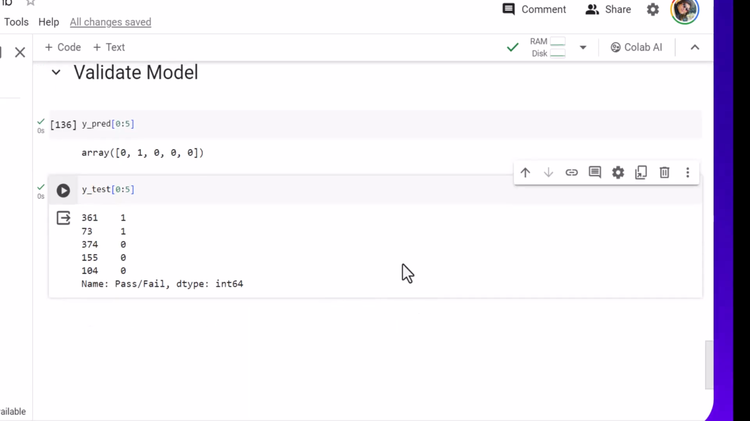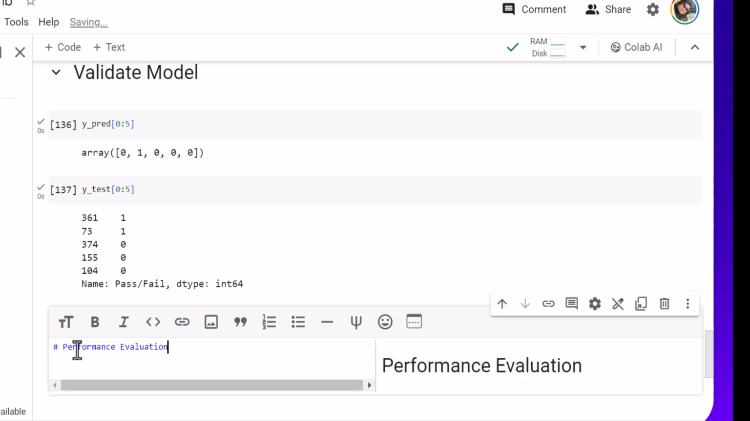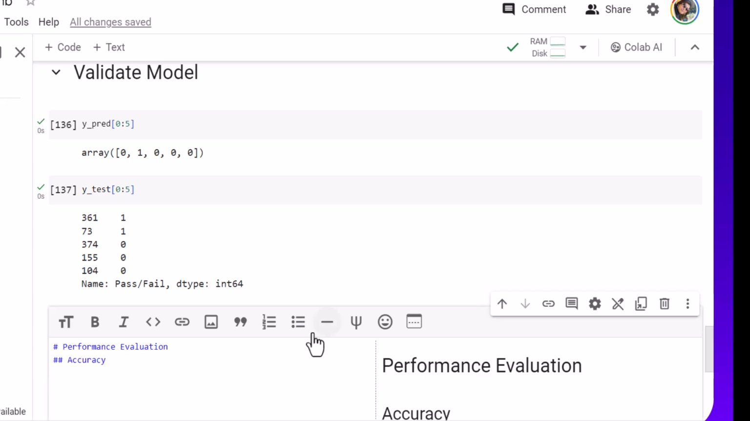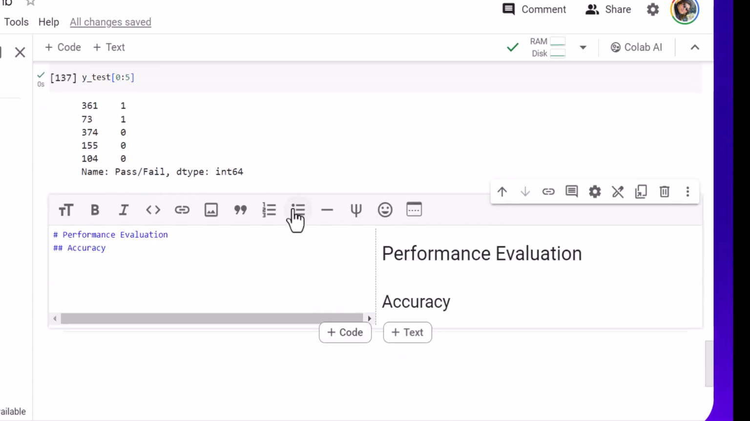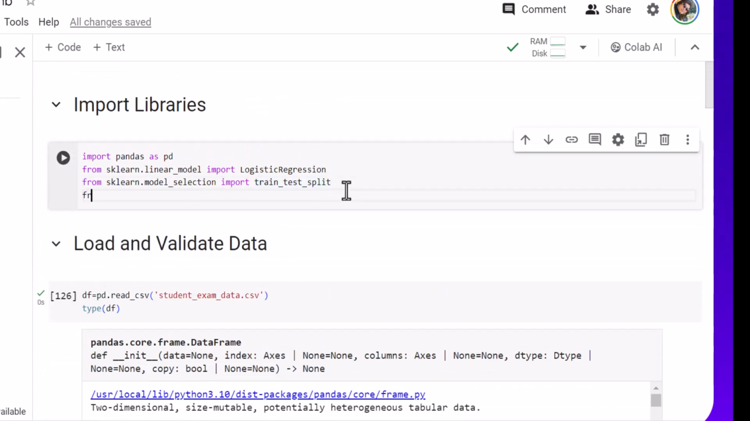Let's talk a little bit about performance metrics. So this is just a raw validation, but we can use different performance metrics for different kinds of problems. This is a binary classification problem, and we'll just pick one for now, and that is accuracy. To do this performance evaluation, we will again import one library, again from sklearn, metrics, import accuracy,